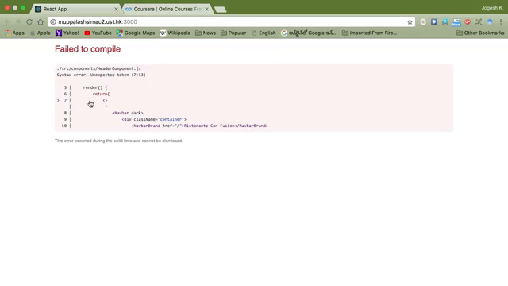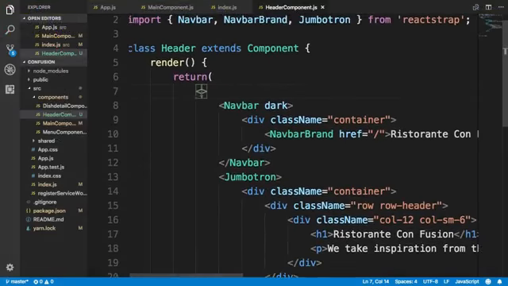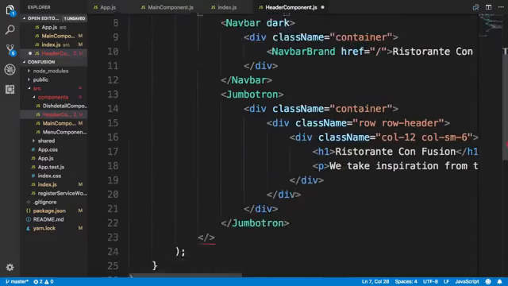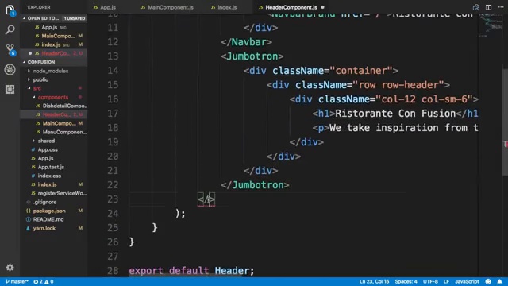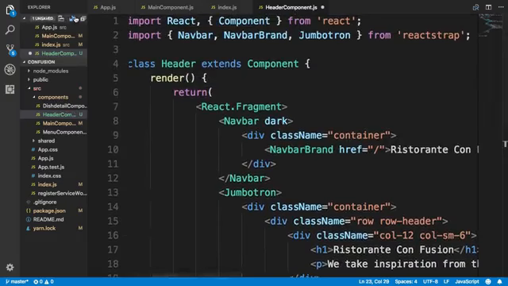So let me go ahead and change that to React fragment. So going to the header component, let me rewrite this as React fragment instead, and then save the changes. And then let's go and take a look at our